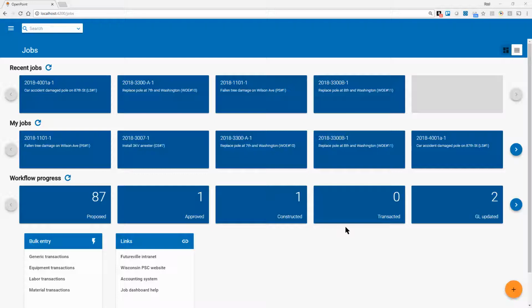In this video, we're going to look at OpenPoint's user experience to give you an idea of how it looks and how you would interact with the application. Our goals are to make the software easy to use, clearly communicate information, and help you get your work done